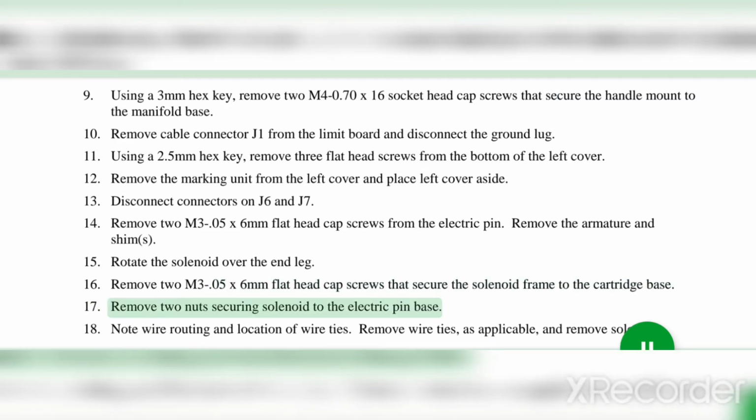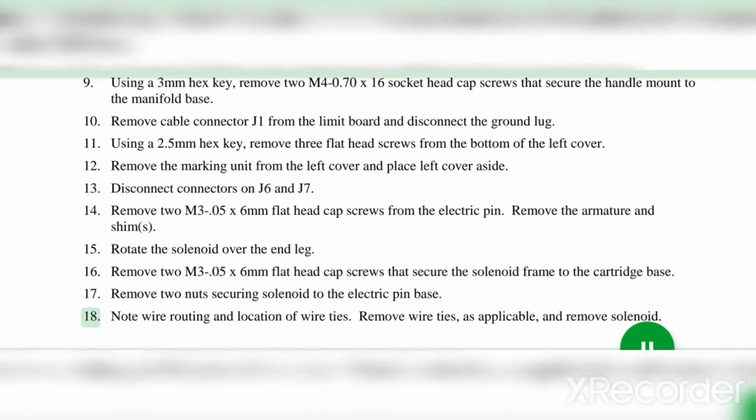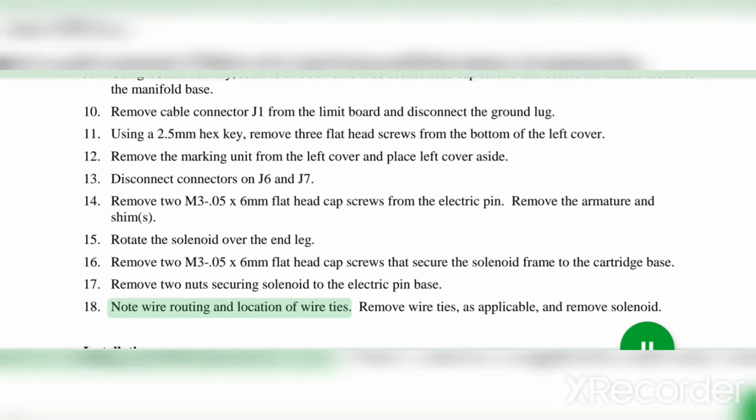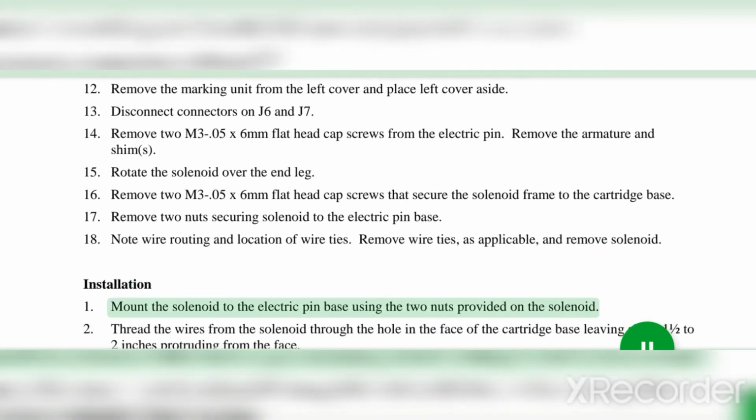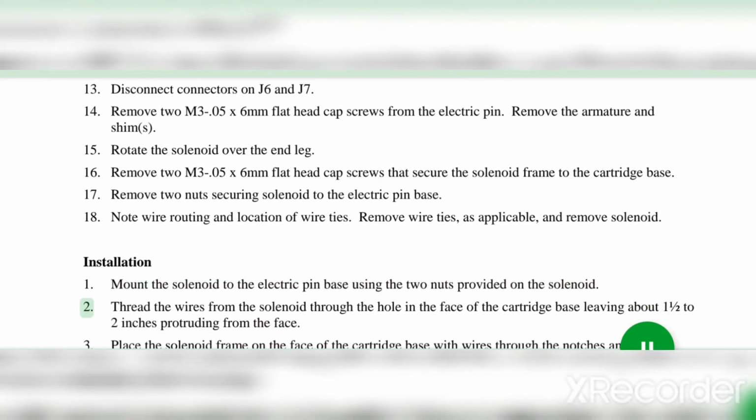17. Remove 2 nuts securing solenoid to the electric pin base. 18. Note wire routing and location of wire ties. Remove wire ties, as applicable, and remove solenoid. Installation. 1. Mount the solenoid to the electric pin base using the 2 nuts provided on the solenoid. 2. Thread the wires from the solenoid through the hole in the face of the cartridge base, leaving about 1/2